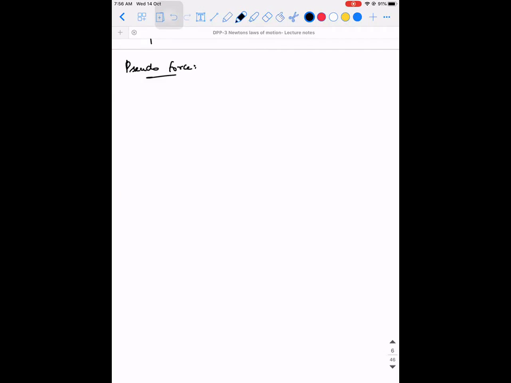Okay. Now, I've told you what a frame of reference is. Let's say there is a frame where you are standing and you are observing the motion of some other object. Let's say there is another person who is moving in the same frame of reference with an acceleration a. Now, if you stand here and I put a question like this, what is the acceleration with which this guy is moving? What will you say?